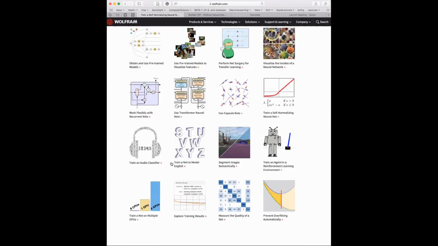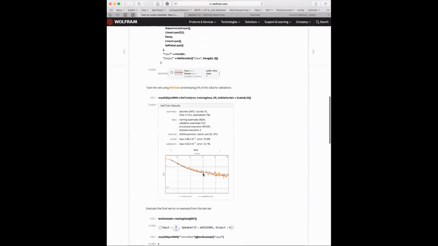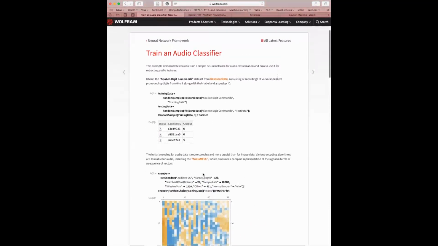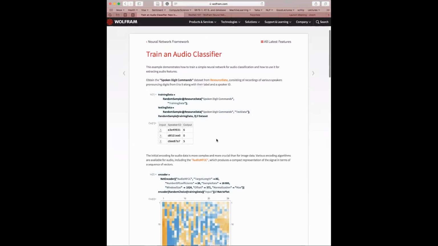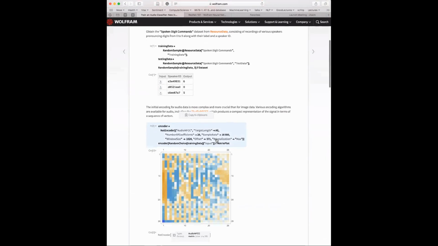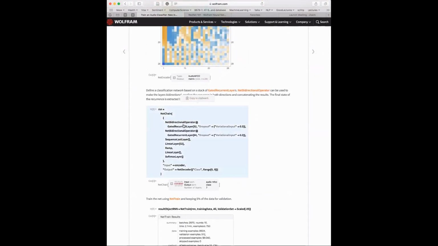Maybe, yeah. An example to train an audio classifier. Okay, great. So I think it uses, let's see, this probably does some transfer learning. Okay, just creating the encoder. Oh no, it is from scratch. Okay, so